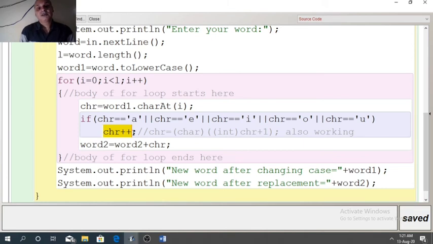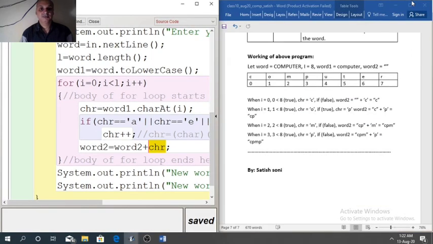So vowel will be replaced by next character, and after replacement by next character, then the new character will get added. So that is the logic here. Now see the working steps.